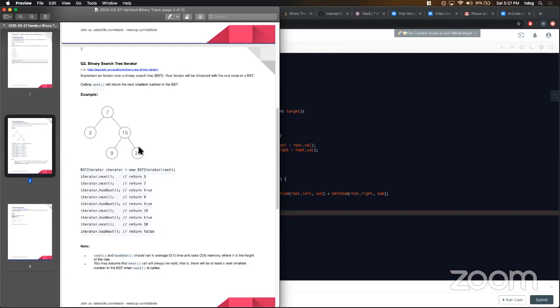When we are on a root, we'll be traversing to the left, and when we reach the end of the left, then we'll start side by side putting that in a stack. So at the topmost of our stack, we'll have the node which is at the leftmost point. Right. And so whenever we call next, then we'll pop